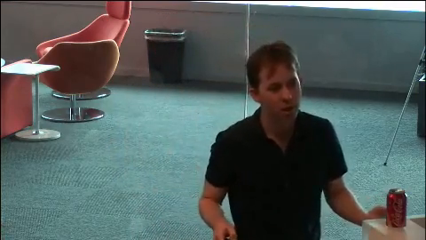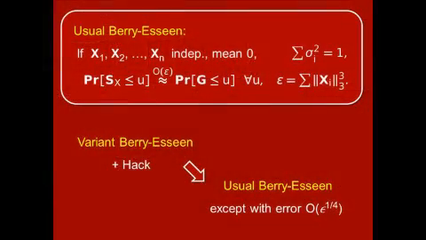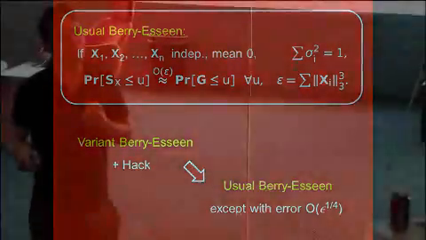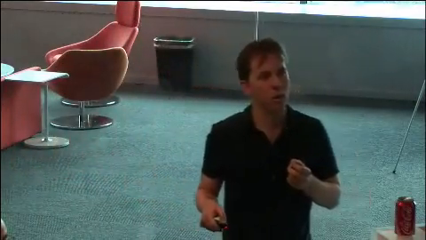You cook up a smooth function like this, where this interval is with delta, and you try and say it's similar to this. Actually, you lose a bit, because if you cook this up, the third derivative of this thing will be like 1 over delta cubed. Anyway, sorry to say, if you take the variant Berry-Esseen and this hack, you get the usual Berry-Esseen, except instead of getting the right error O of epsilon, you get O of epsilon to the 1/4. But we're computer scientists, so what's a polynomial factor between friends?